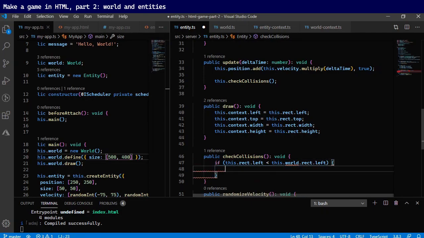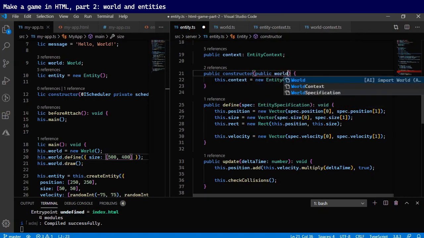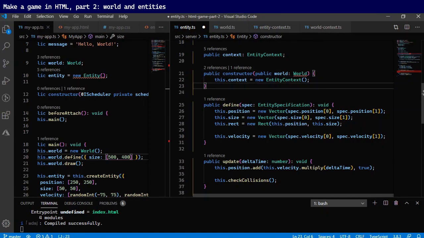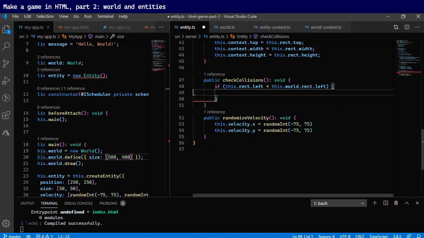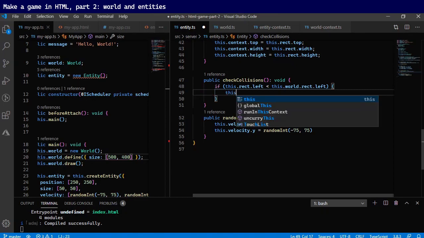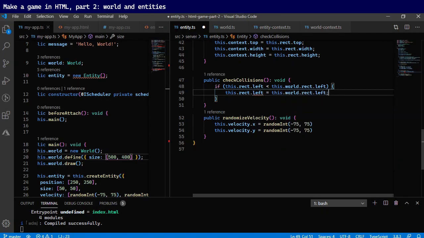And I could pass this in and have it entered into the update and passed down. But we're actually going to make sure that all the entities belong to the world. There won't be an entity that's not part of this world. So what I'm going to do is include the world in the entity like this. So now the entity will always have a world. This, of course, will mess something up here. And now if it's less than the world here, what we want to do is set that to